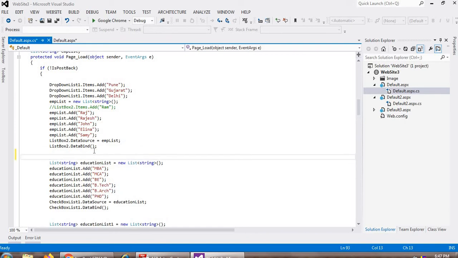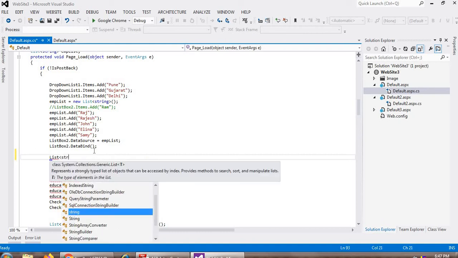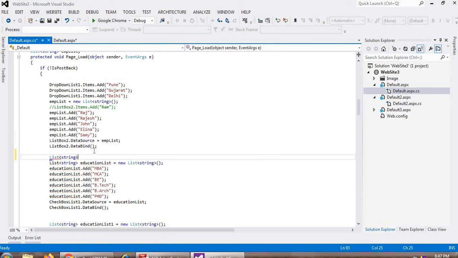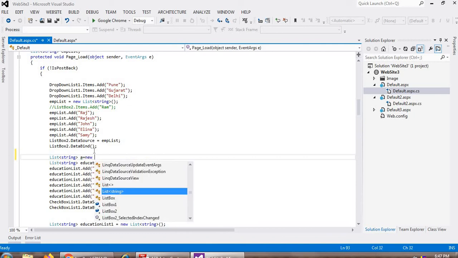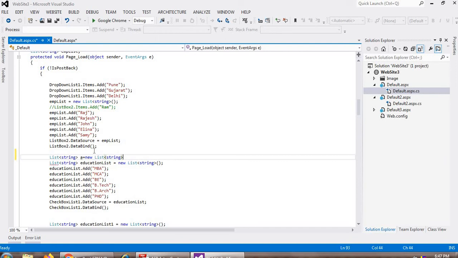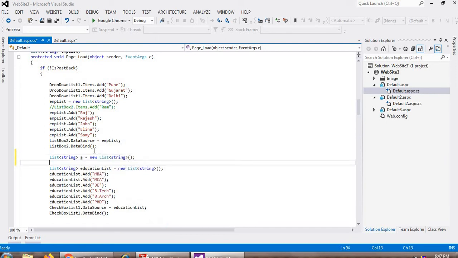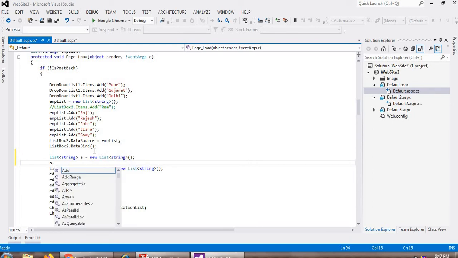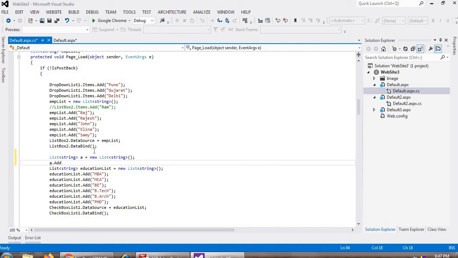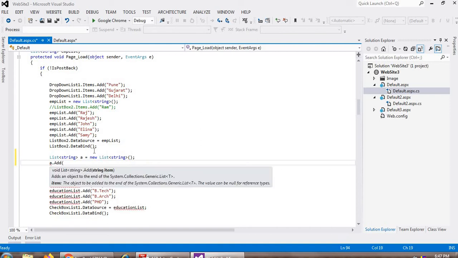So you can do it like this, List, my list, and inside the brackets if I want to input only string values, then you can write string over here. Then I create my object a equal to new, then this is my string, then brackets and semicolon. And in the second, if I want to input another item, then I can use object a dot Add method, and inside the brackets I can specify my value like Gujarati, like this.